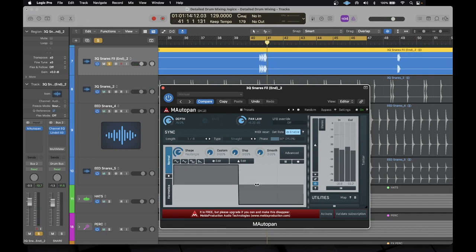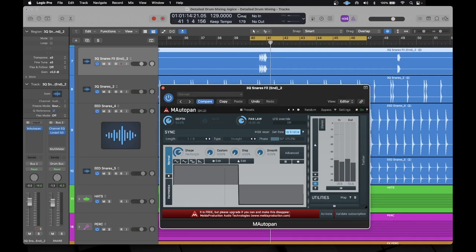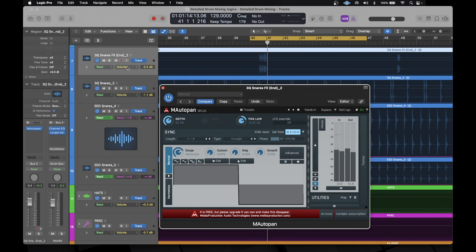Let's put this on a square wave so it's more defined left and right rather than a movement from left to right. And what I'm going to do is just automate the depth of this. Up to around about that point. So let's open up the rest of the drums and just see how wide this gets in terms of the width of the rest of the drums. Maybe a little bit less. So around about there. So again, we can open up our automation lane,